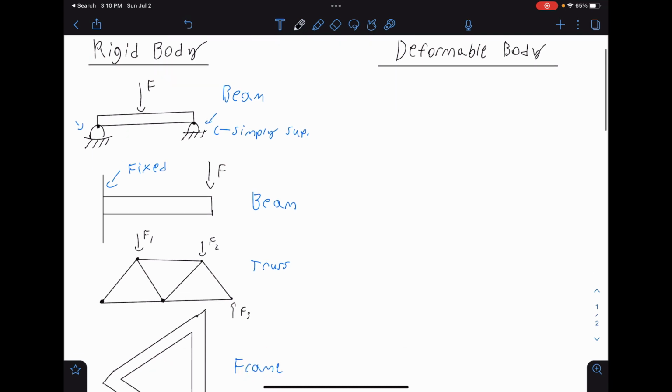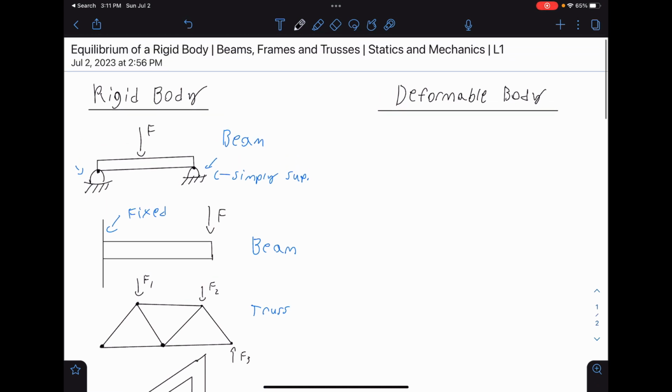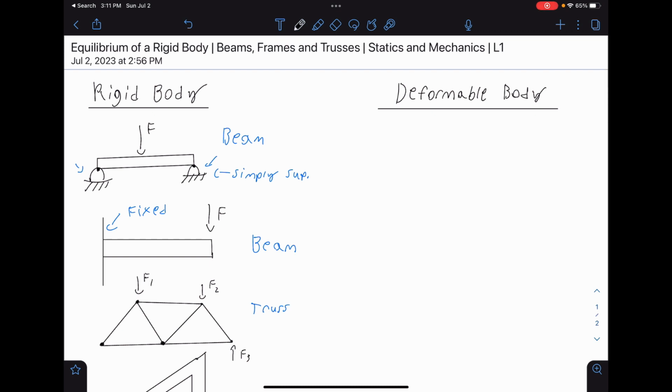And stuff like beams and trusses and frames are designed in a way that they don't change shape as much. They don't change shape to a significant amount where we can call them deformable bodies, in real life, of course. So knowing the difference between a particle, rigid body, and deformable body, we can go into the equilibrium of